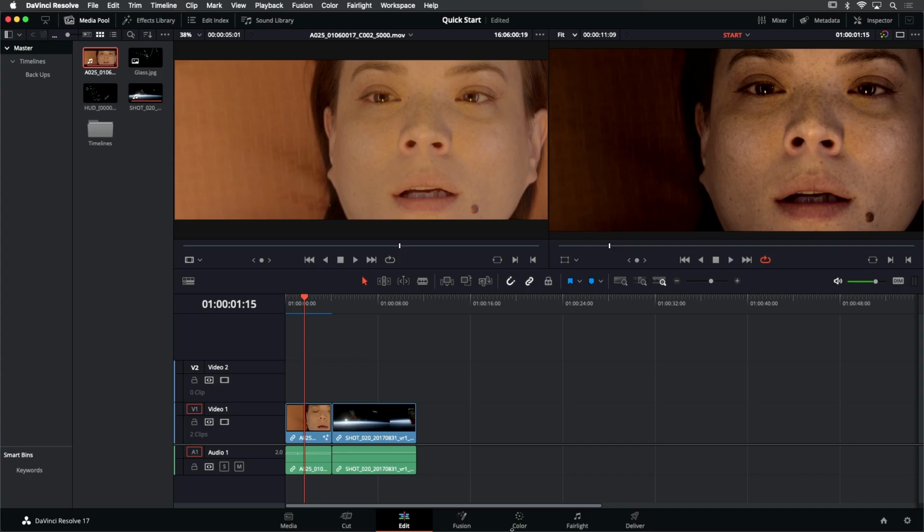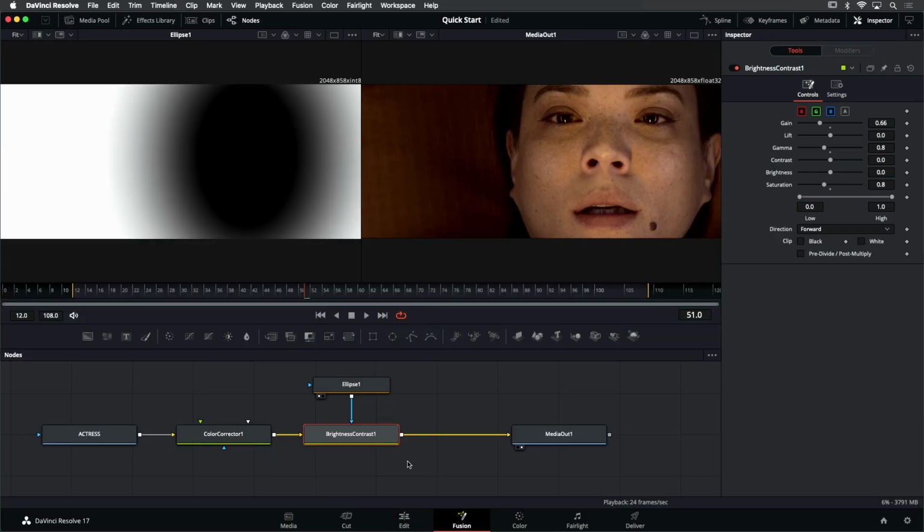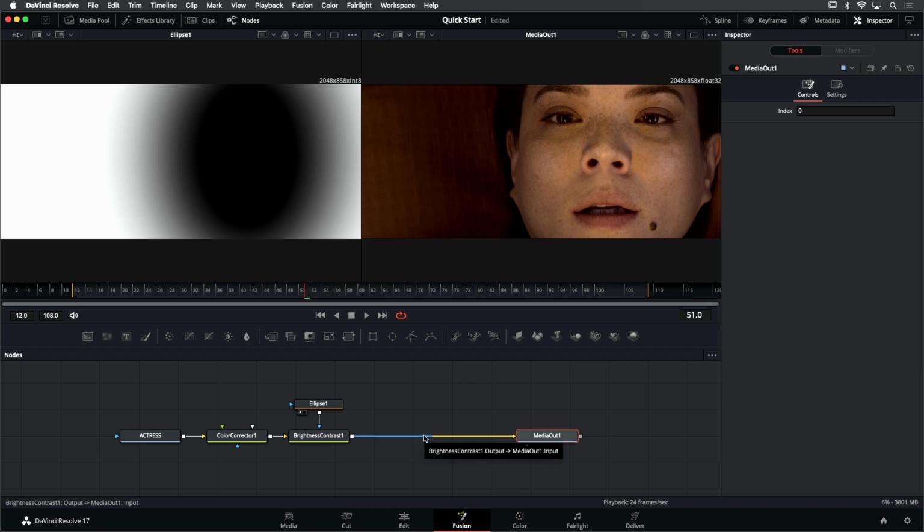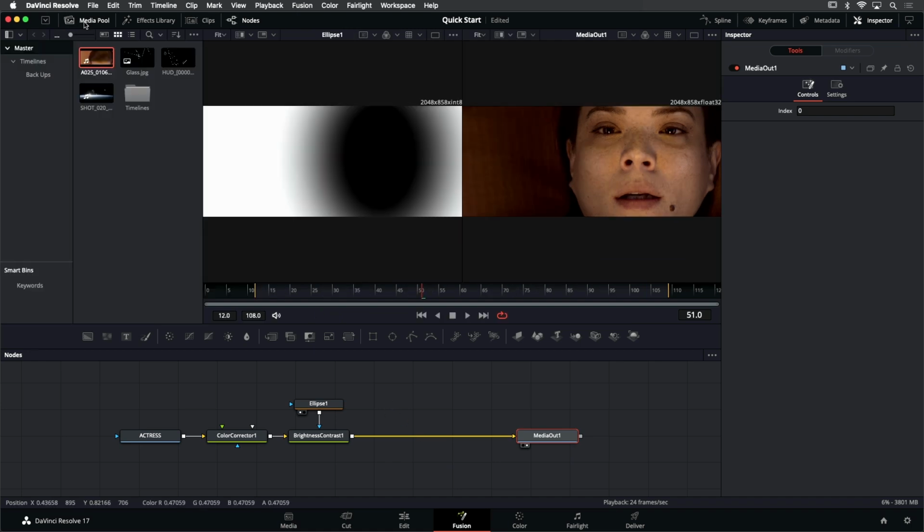So let's go back to our clip. Shift 5 will take us right back into Fusion. All right, up to this point, we've been affecting our image, adding effects to it, but now we're ready to do some compositing. So we want to bring in some new clips and composite them on top of our actress clip. So to do that, let's go ahead and click on the Media Pool tab, again, at the top of